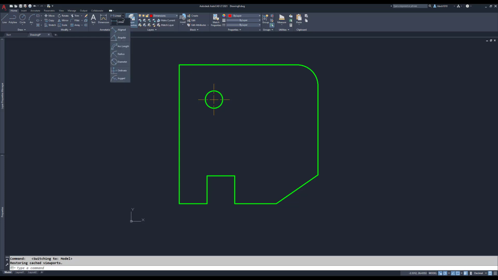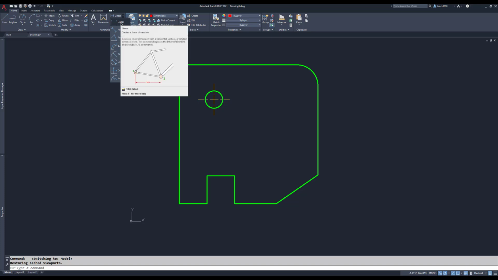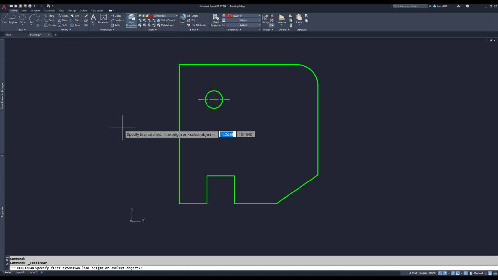I want to place first off some linear dimensioning commands, and I'll pick this, and AutoCAD goes into the mode of prompting me for the first extension line origin, and then it'll prompt me for the second extension line origin. And then there's some different options that we can employ depending upon what the previous options may have been. So I'll just pick my first extension line origin. I'll come down here and pick it, and then I will go up and pick the top of this line and